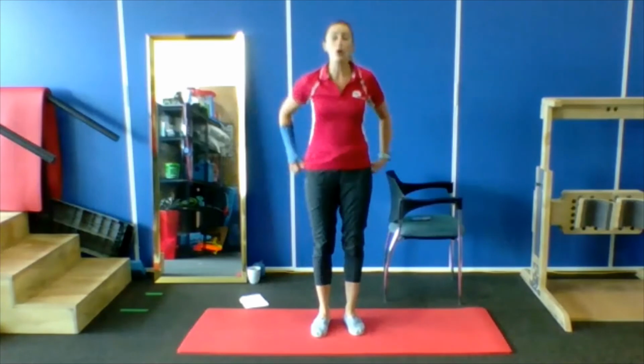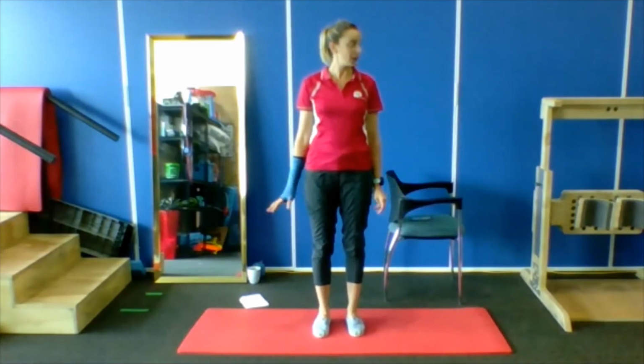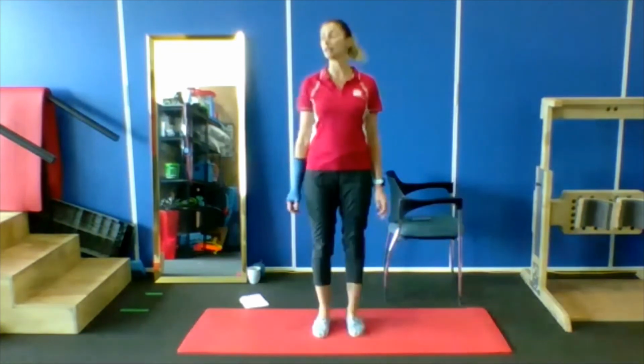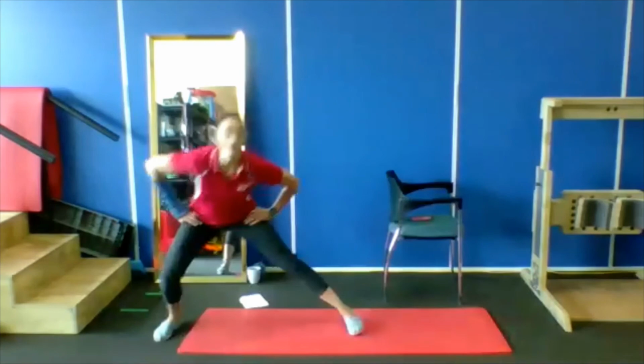Right, we've got 2 more of our side lunge. We're going to do the same for the second round, and if anyone's adventurous, I'll give you a variation for the third round. Okay, getting ready to go. Off we go. So the side lunge,